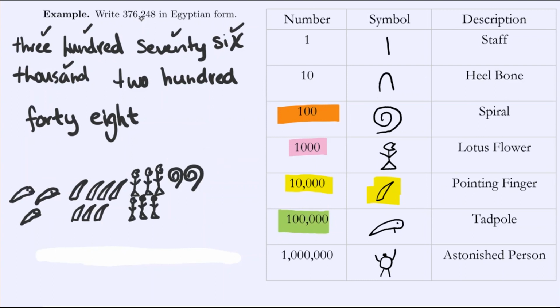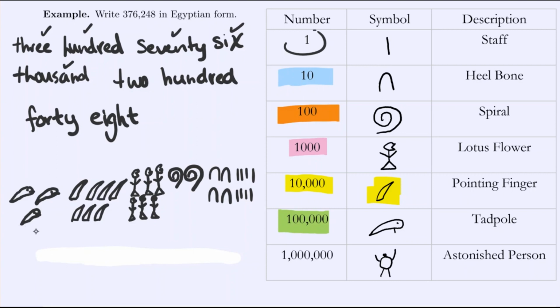Now we need to look at the fact that we need 40. To write 40, each of these is a heel bone, so we just have 4 of them. That's our 40. Finally, to represent 8, our last digit, we just want 8 ones. So 1, 2, 3, 4, 5, 6, 7, 8. And here we have expressed